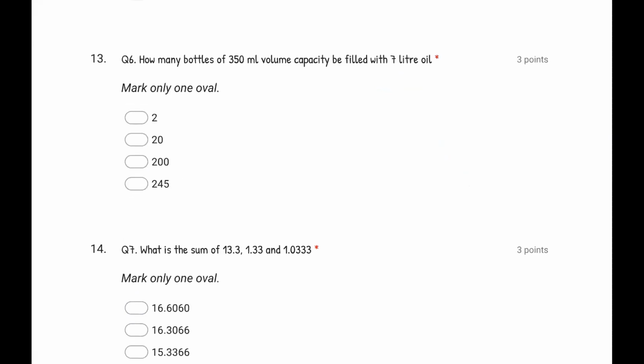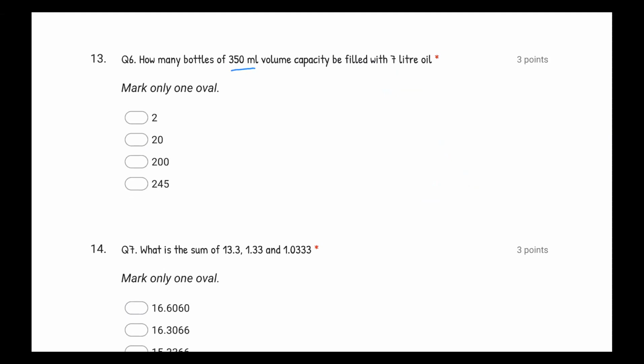How many 350 ml volume capacity bottles can be filled with 7 liters of soil? Here ml is there, here liter is there. Here the bigger one is 7 liters, so you have to convert the bigger liters into milliliters by multiplying by 1000. 7000 by 350, 0 cancel, 35, 20. 20 bottles we need. For any type of measurement calculation, the dimensions should